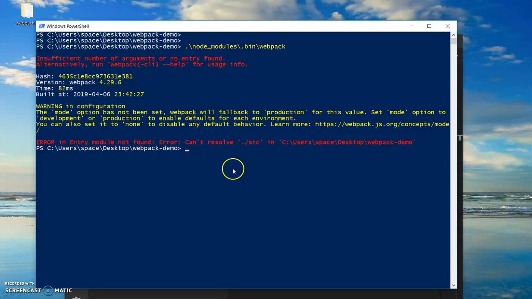Like index.js will be needing main.js, which will be needing a.js and b.js. So it creates a kind of tree structure and keeps it in memory in order to infer what are the things that it needs to download in the browser in order to run